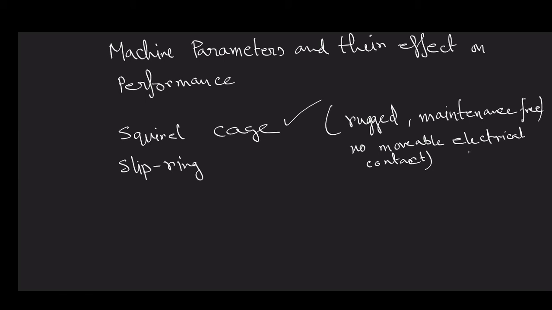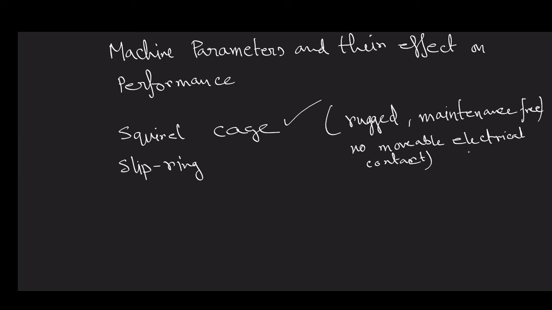Although the magnitude of maximum torque is independent of rotor resistance, the slip at which maximum torque occurs depends on rotor resistance. If we use a higher value of rotor resistance, the slip at which we get maximum torque, let us call it SMT,